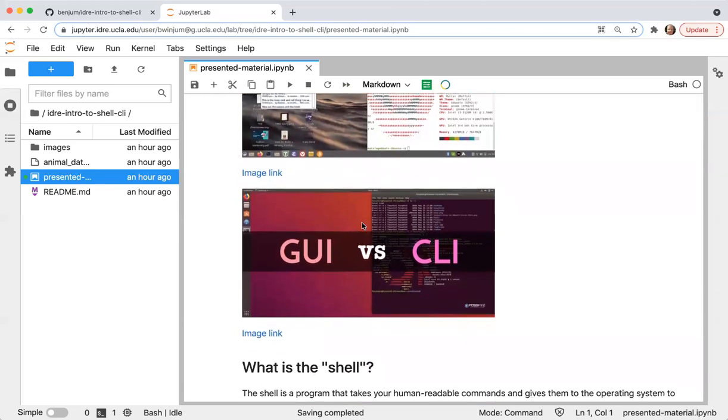But then, aside from interacting with your computer through a graphical user interface, you can also interact with your computer through a command line interface. And the command line interface is much more spare. You don't have lots of pretty icons, and you don't really interact with it by moving your mouse around the window. You're presented with a text prompt where you enter text and then hit the enter key, and then that issues commands to your computer as far as what you want it to do.